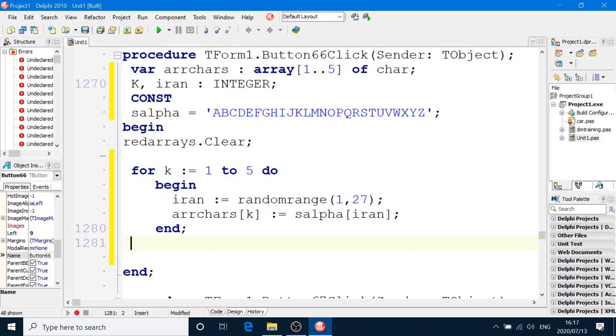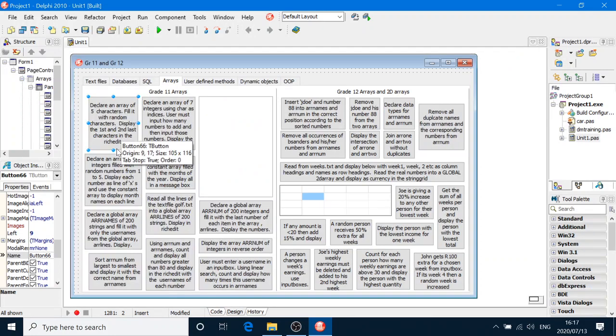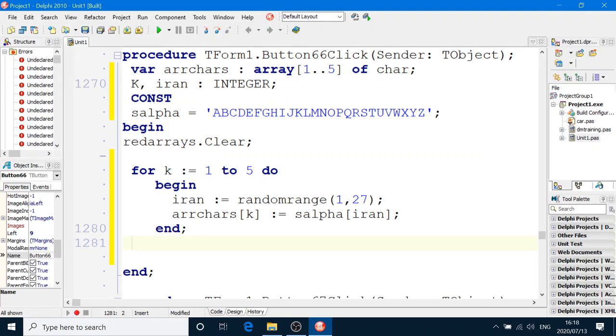Well, we know there are 5 characters in our string. Sorry, I'm talking lies. No, in our array. So we know we're going to display box number 1 and box number 4 in our